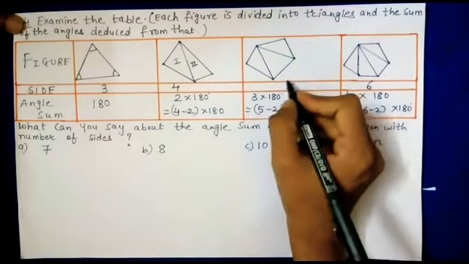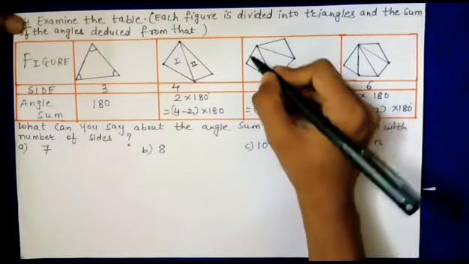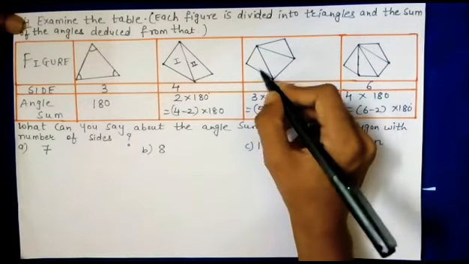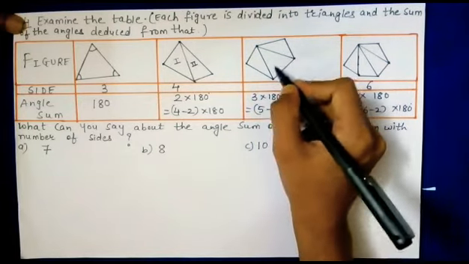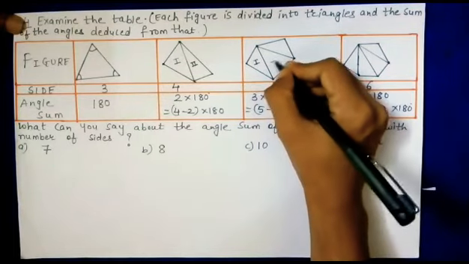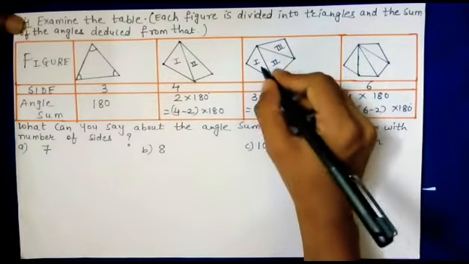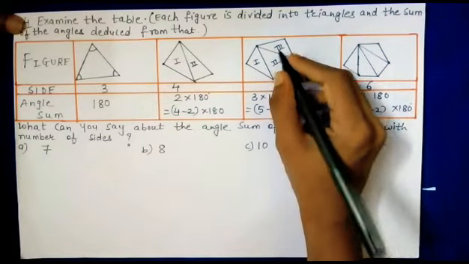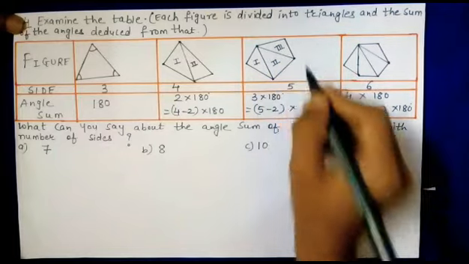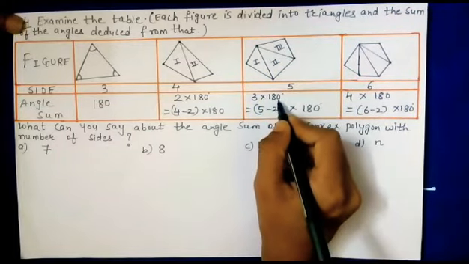Now third polygon is having 5 sides. Total number of sides are 5. 1, 2, 3, 4 and 5. There are total 5 sides and it is divided into 3 triangles. This is first triangle, this is second triangle and this is third triangle. So total there are 1, 2 and 3 triangles. So the angle sum of this polygon will be 3 times 180, or 3 multiplied by 180,